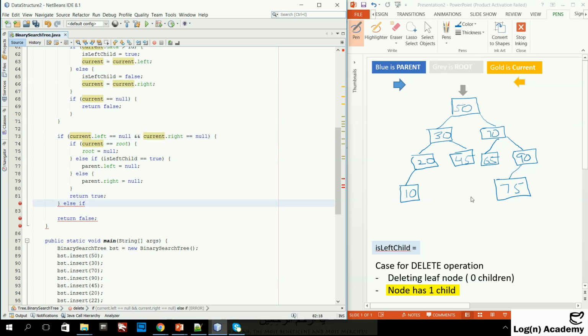To determine that if the node is not a leaf node, we also need to determine that it only has a single child. So we need to check that if the left is null or the right is null, at least one should be null. So in this case, the right hand side is null, and on the left hand side we have 75 attached to the node 90. So we will have to check if current right. Okay, before doing this,